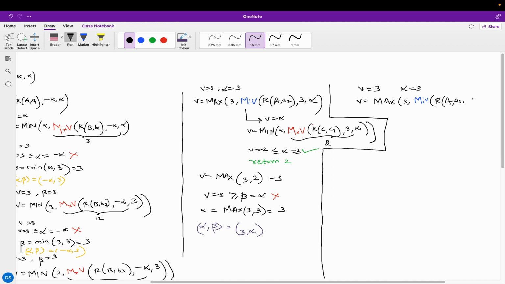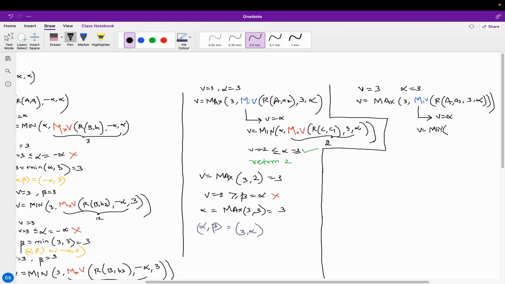So alpha is 3 and beta is infinite. This is the values which we got, and this function is what we are going to expand once again. When you expand this function, here v is infinite in the min value function. So v is equal to min of